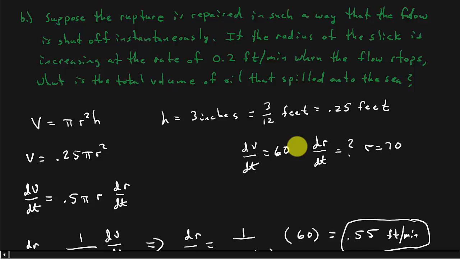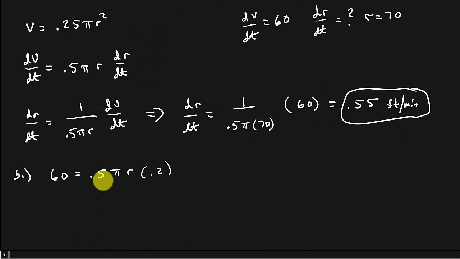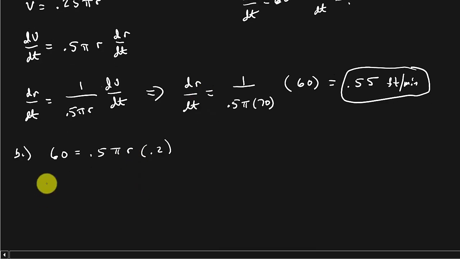Since dr/dt is 0.2 feet per minute when the flow stops, we can use 60 = 0.5 pi r times 0.2, and solve it for r. So r is equal to 60 over 0.5 pi times 0.2, which gives us